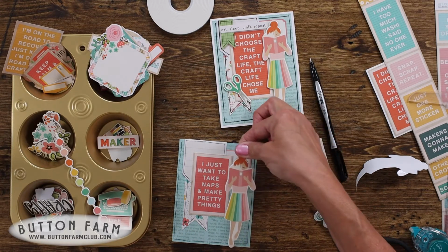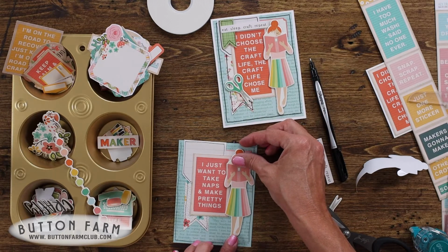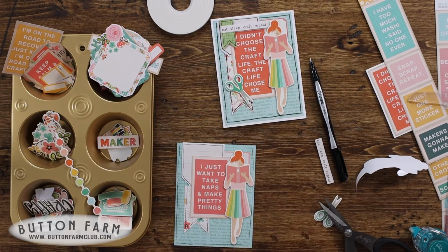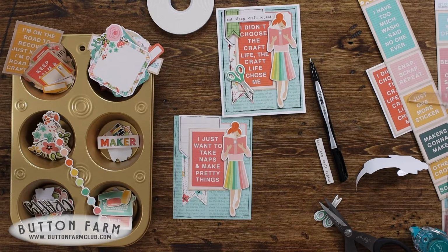Then we're going to place that. And the glue just allows me to kind of move it. And then when you're satisfied, you just push it into place like so. Next, we're going to